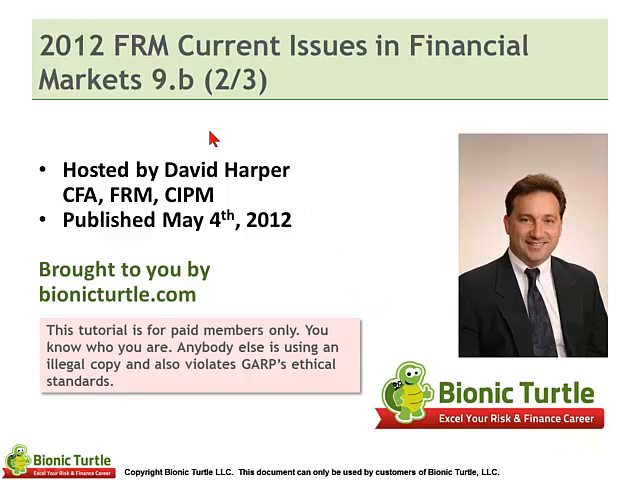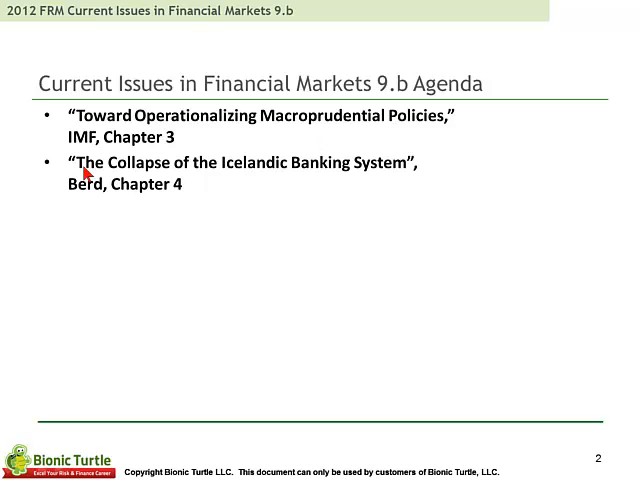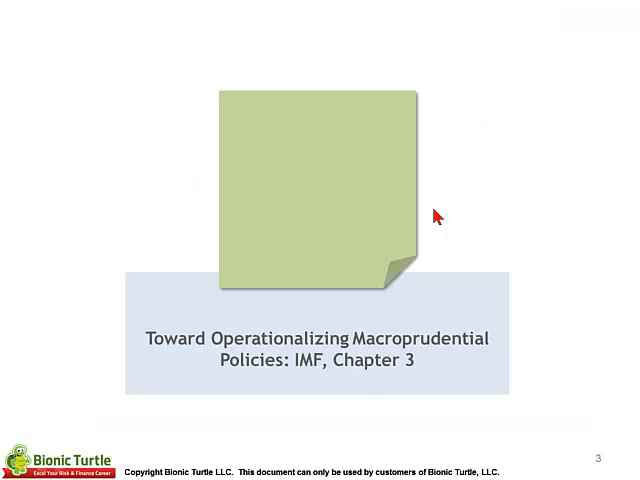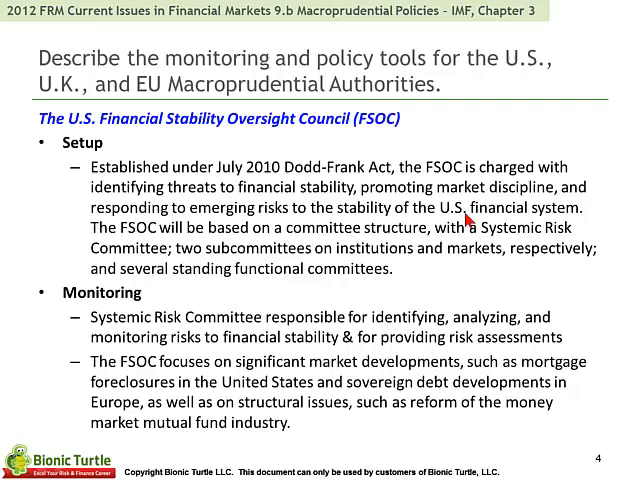Welcome to video 9B, which is the second of 3 videos devoted to the topic of current issues in the 2012 FRM. That's part 2. And so we continue with assigned readings, 2 chapters. First, toward operationalizing macroprudential policies published by the IMF, and then a reading on the collapse of the Icelandic banking system. And so first, with respect to macroprudential policies and systemic risk, there is some setup here in regard to